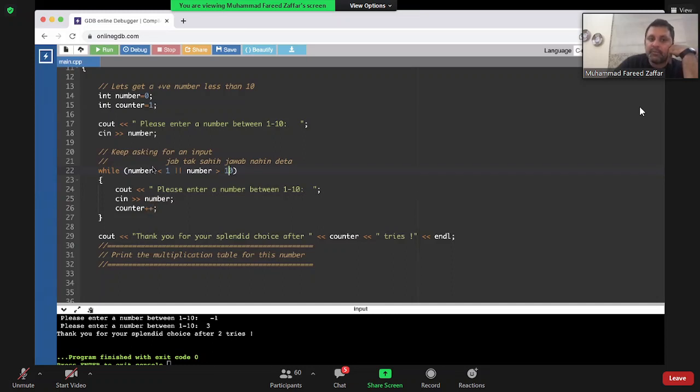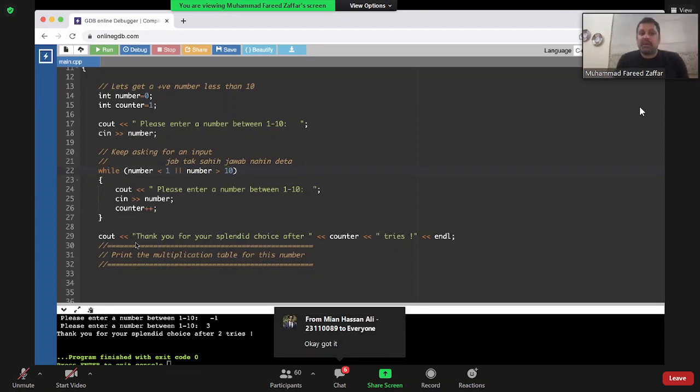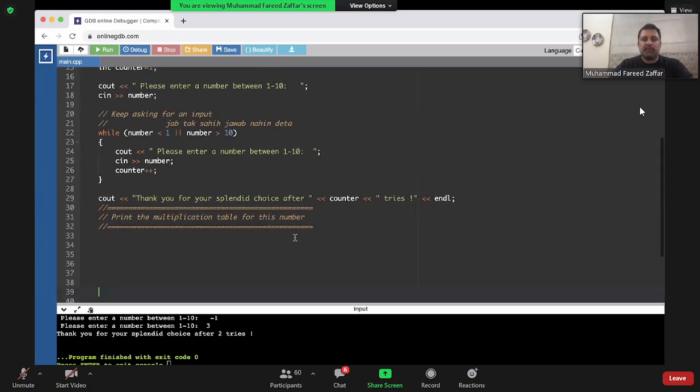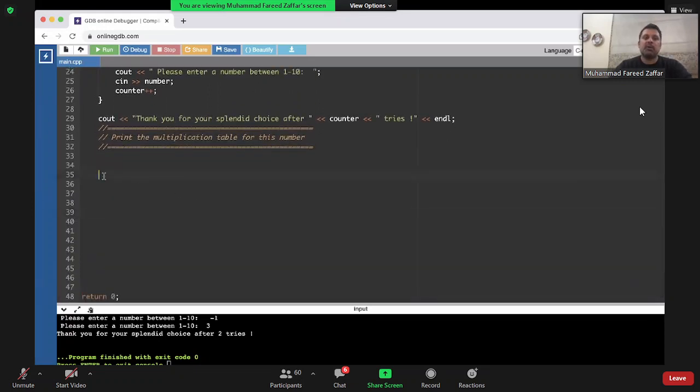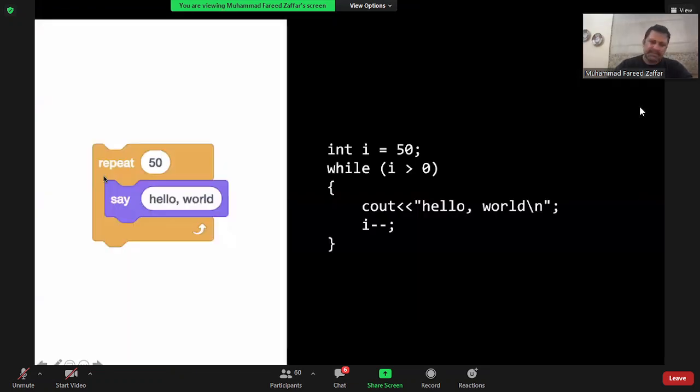लेकिन जब नंबर 1 और 10 के दरमियान होगा, then it will go to line 22 and then directly line 29, and that's how. So whenever the loop की condition is not met, and in this case number will be between 1 and 10, it will drop out. Okay. Now what do we want to do? For once I have the right number, what do I want to do with the number? I actually want to print the table for that number.